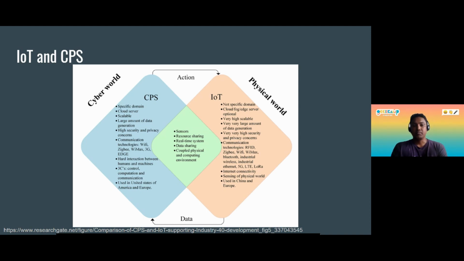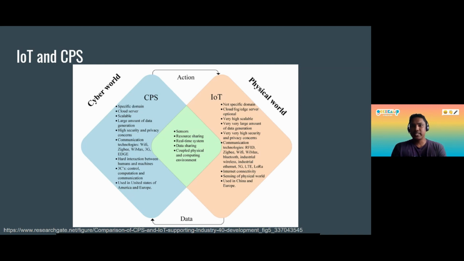Both these CPS and IoT, which is the cyber world and the physical world, share common things such as sensors, resource sharing, real-time systems, data sharing, and a coupled physical and computing environment.